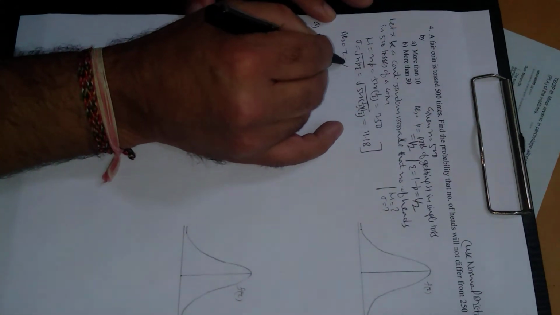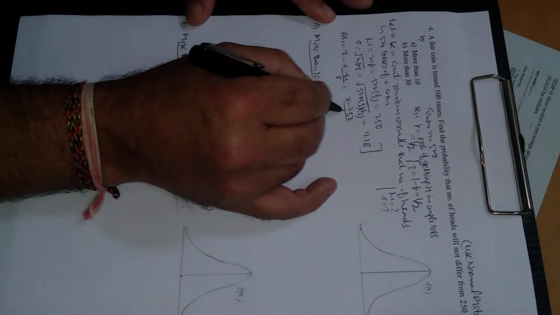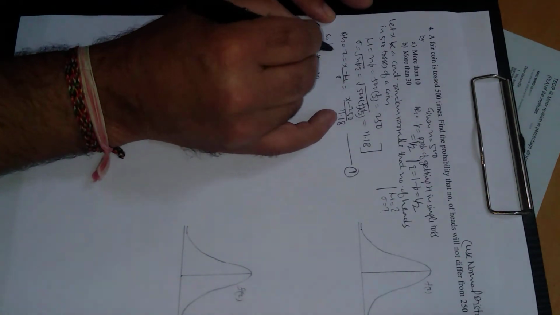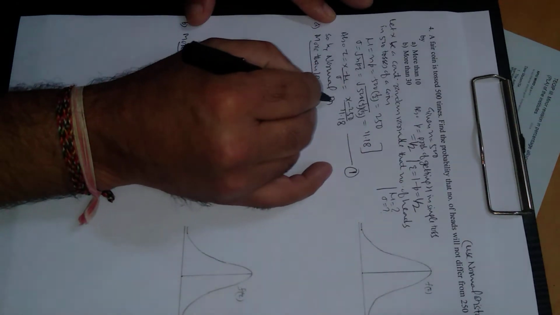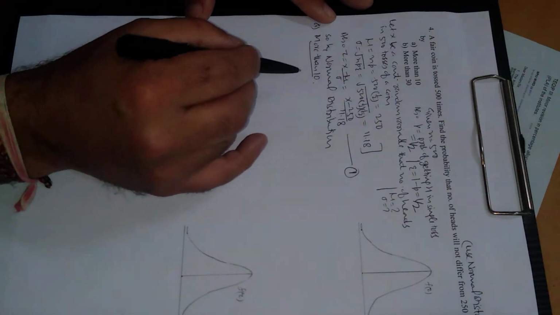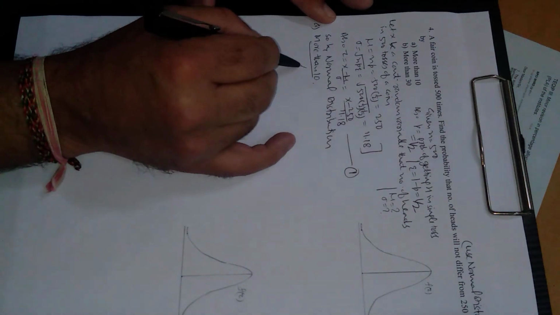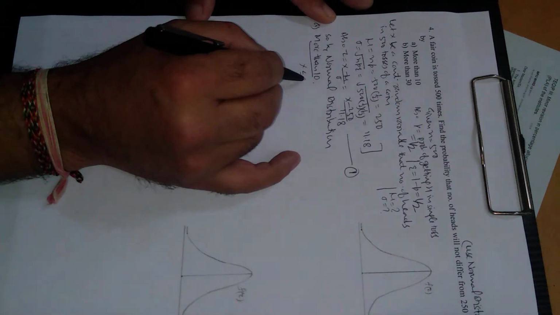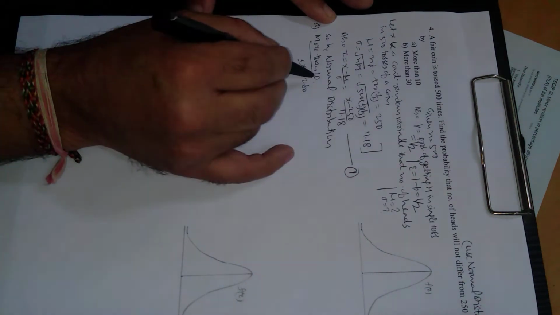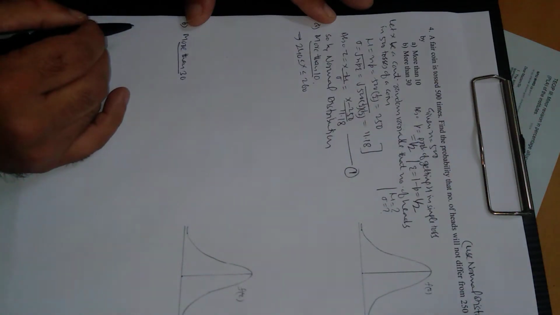Also z is x minus mu upon sigma, so this will be x minus 250 divided by 11.18. Let us put this to be number 1. So by normal distribution, the number of heads will not differ from 250 by more than 10. More than 10 means either x will be 10 more than 250, that is 260, or 10 less than 250. So the range will clearly be 240 to 260.